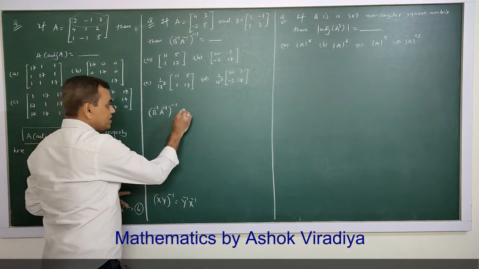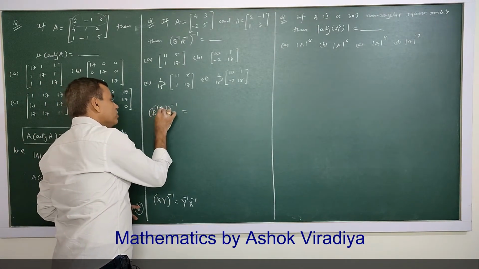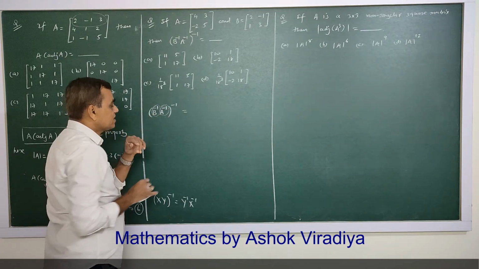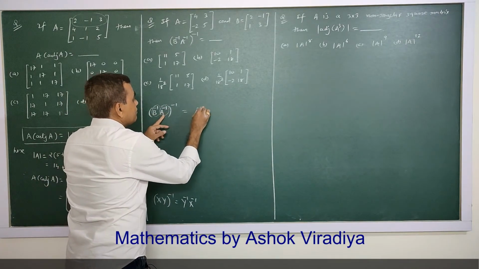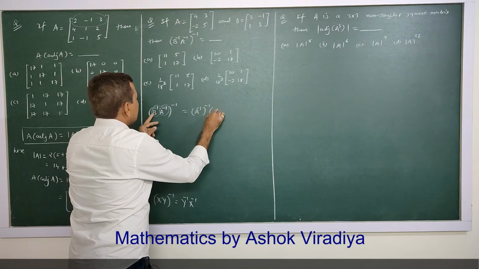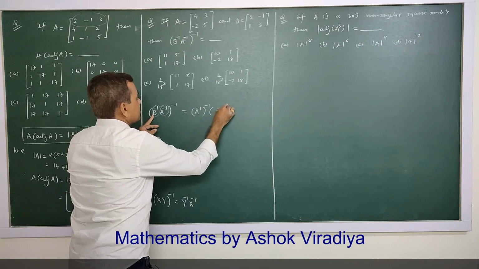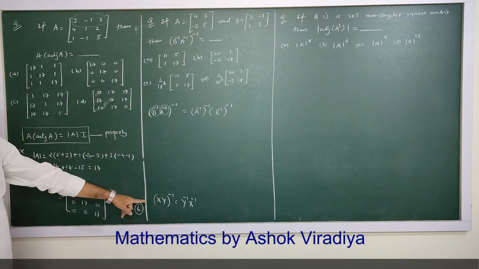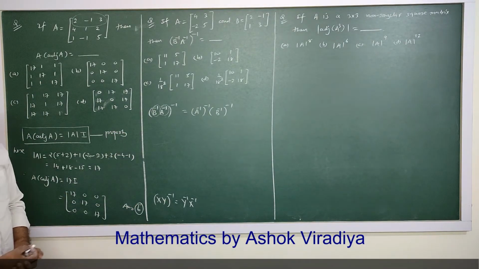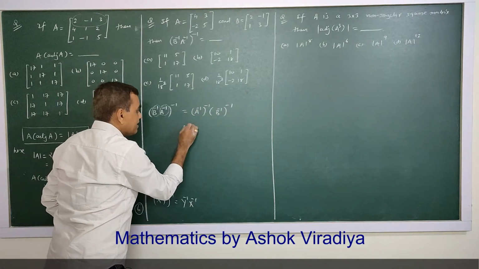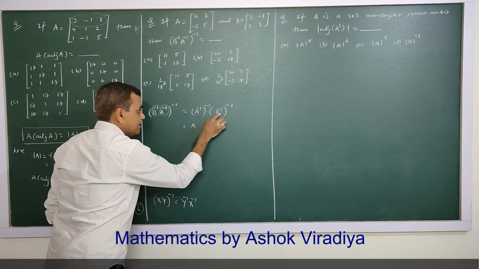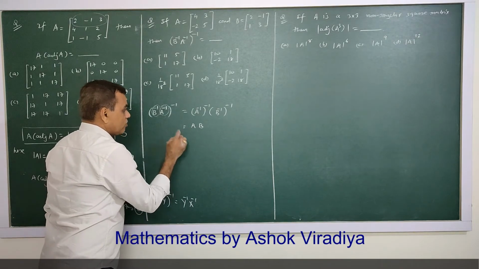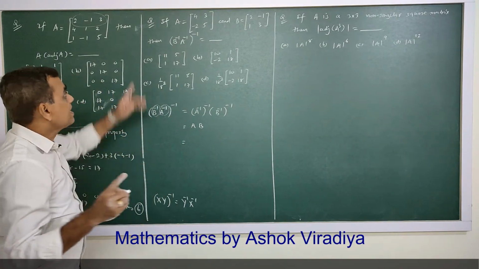So this is equal to, इसको X समझो, इसको Y समझो. x इंटू वाई का इनवर्स, सो y का इनवर्स इंटू x का इनवर्स, सो दिस इज यूज्ड. But inverse of inverse, again using property, it is A, this will be B. So only need to find A into B.